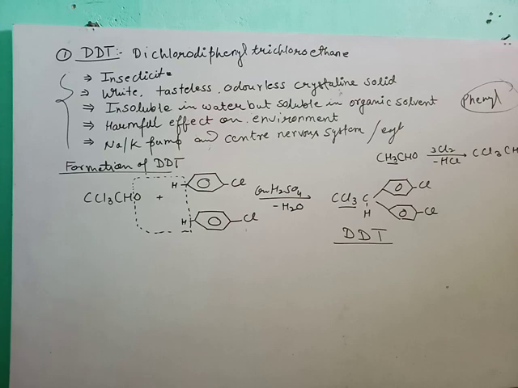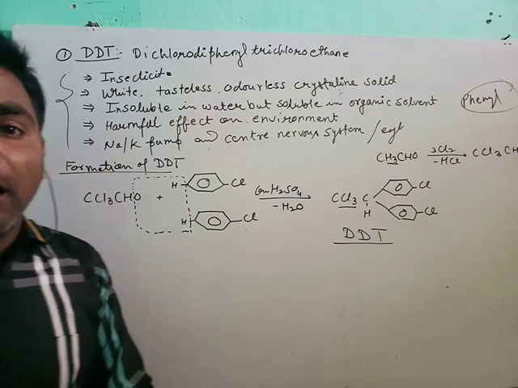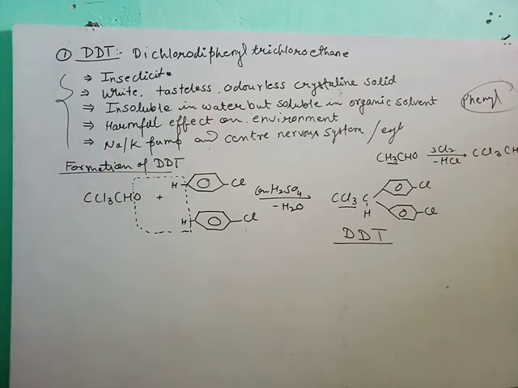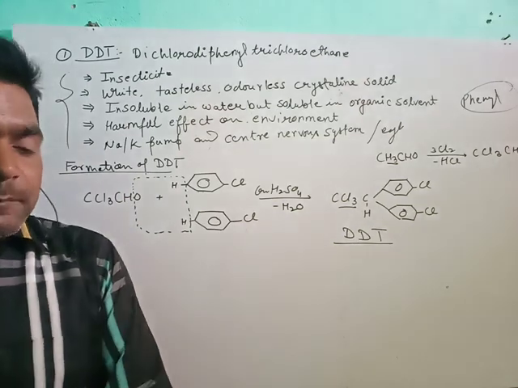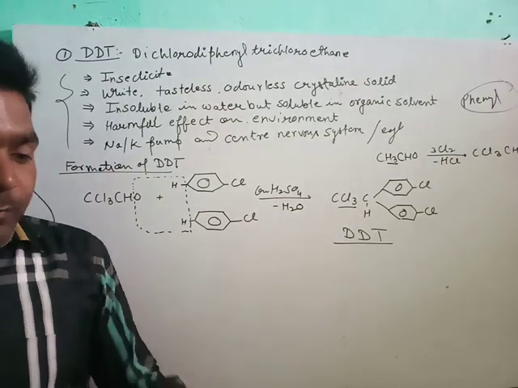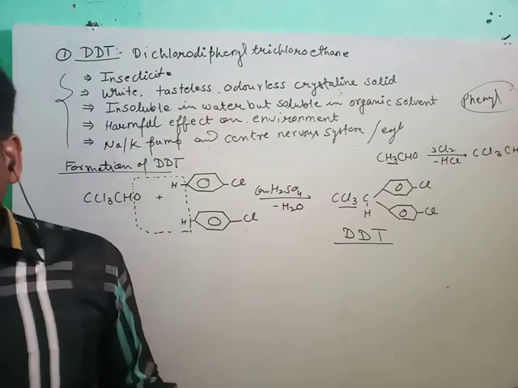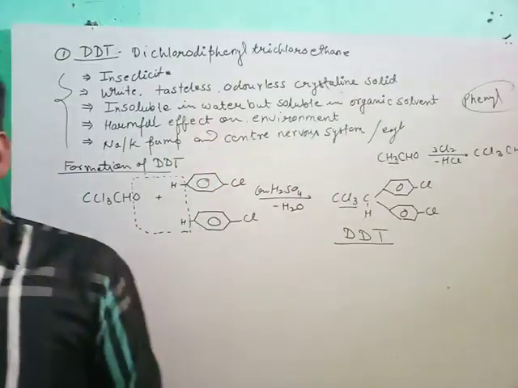And when these insects are fed to several birds, eagles, or so many biomes, it also causes an effect on the nervous system of other species or other members of the environment who feed on the insects. So DDT causes a long-time effect. The effect of DDT works for nearly 21 days. So when DDT is used, it also kills the insects and eagles and birds.